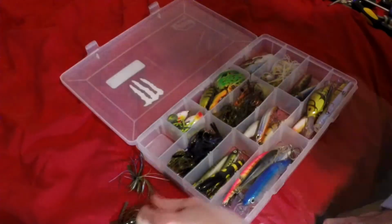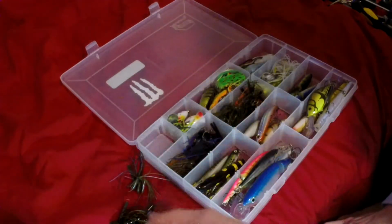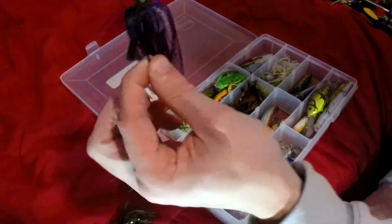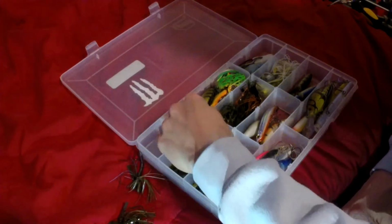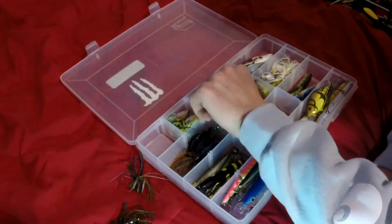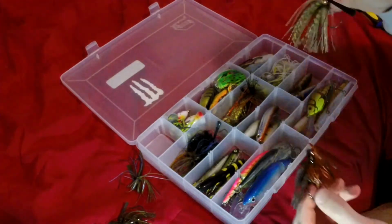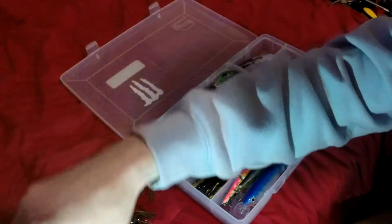A big guy. Another big guy. I don't know why I have so many big sizes, but there's one I wanted to find. A big guy with like a really bushy hair. I got a couple micro, well I shouldn't say couple, I got quite a few micro. Purple. Smaller guy, like a 3/8 maybe. Here's the big one. Oh. Okay. Another guy. Here's the big guy. He's got like rattles and everything. It's a little bit overkill, I think, but